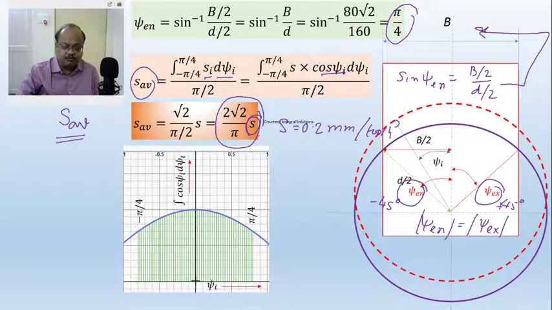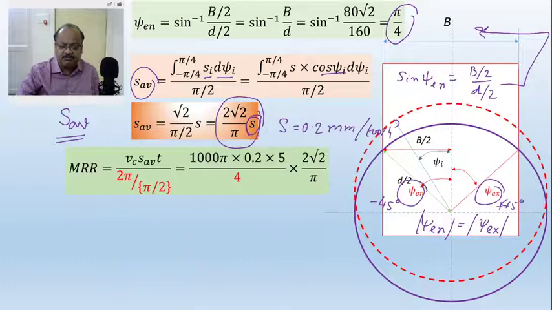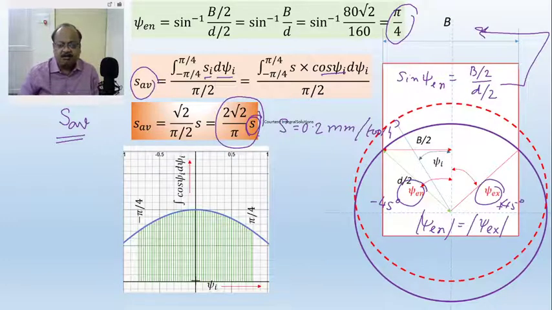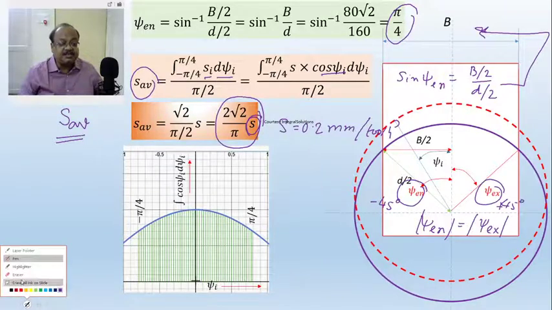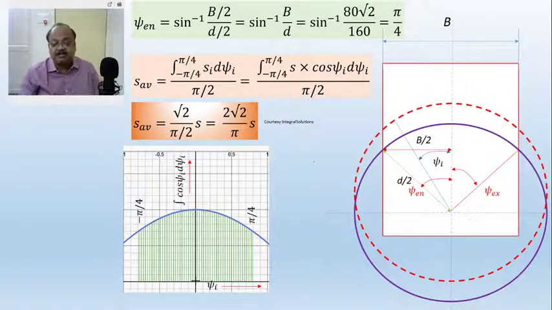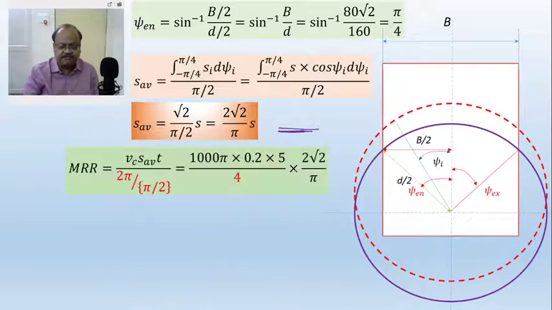How can you do the numerical calculation? You can do it by hand, or you can use a small website if everything is in your hand. There is one such website. I am not having any positive bias towards this, but I found this very easy. This is a normal, very simple integration, but complex integrations can also be calculated, and with that you can get that value. Now you have to put that in the equation, VC into S average into T.